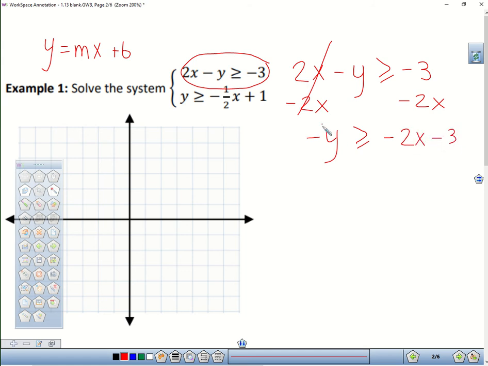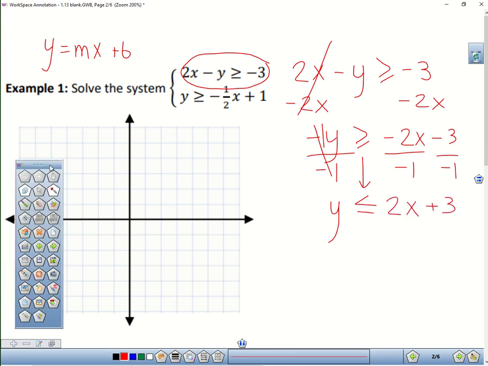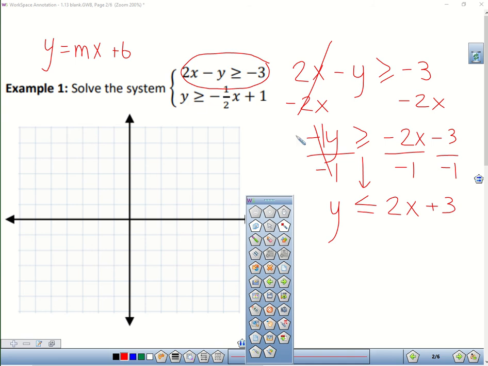Now, negative y is the same thing as negative 1 times y. So I'm going to divide both sides by the negative 1. And when I divide by a negative over an inequality, I need to do what? Flip it. So that's going to give me y is less than or equal to 2x plus 3. So that would be my inequality